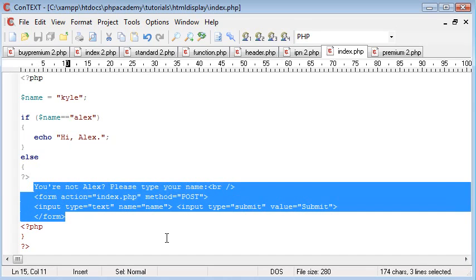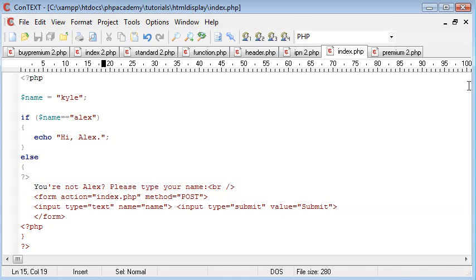So this is a really great method to use when you want to display HTML properly and easily, and you want to read it easily, and you don't want to echo out in PHP. So I hope this has been helpful to some of you,